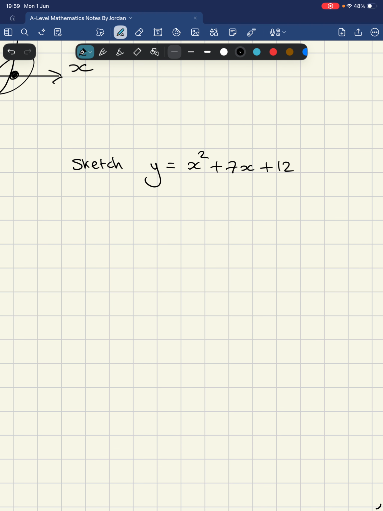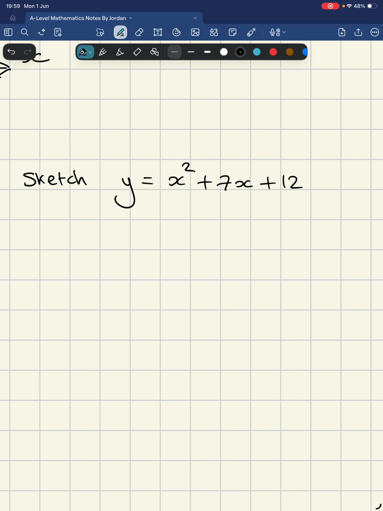We'll do that. Okay. So sketch this. The way we're going to sketch it is, the first thing we need to think of is trying to solve it. Solving it is going to give us the x-intercepts, which will help us. Okay? So that means we need to solve